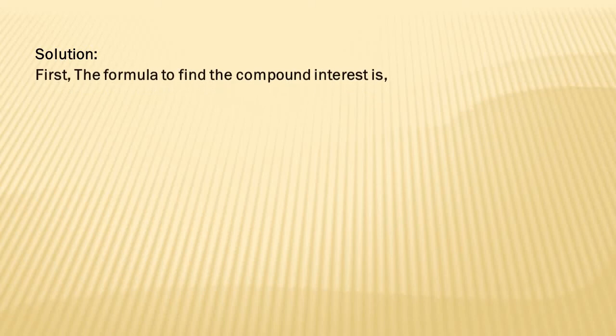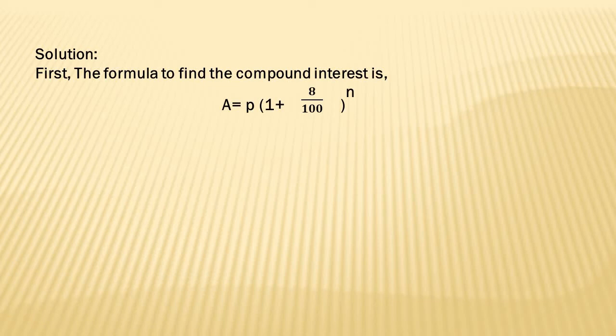So the formula to find out the compound interest is amount is equal to principal into 1 plus rate of interest to the power of number of years. In this case, the principal amount is 10,000. Rate of interest is 8%, so it's 8 by 100. It's in percent, so you denote it as 8 by 100. And the number of years we want is initially, we're going to count it out for the 1st, 2nd and 3rd